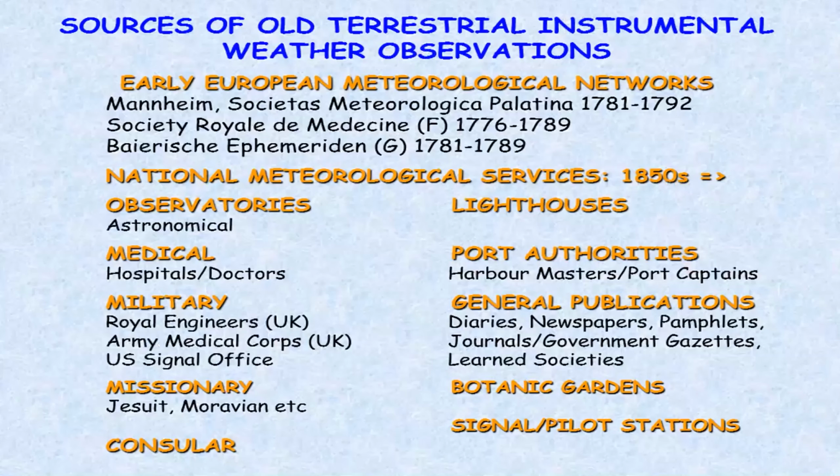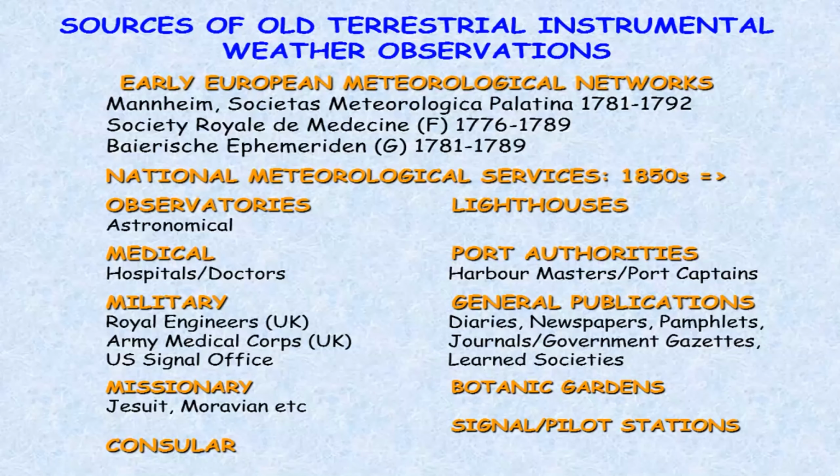So let's have a look at some sources of, first of all, terrestrial data that exist. You've heard a lot of information from Antonia. So there's obviously a lot of data in the first bit there from Europe, some of the original networks, some of the earliest networks that were there. But when we're looking at India and regions like that, then we're looking at old sources as well, but also at national Met services, meteorological services. So the Indian Met Department, which was formed in 1875, but some of them go back earlier.